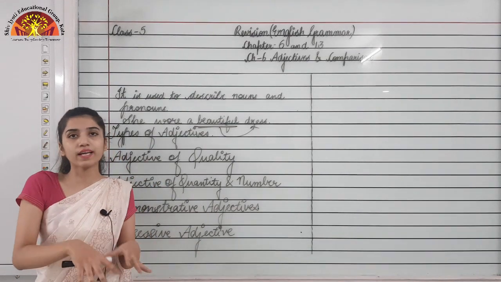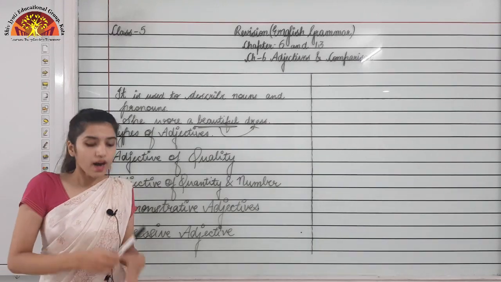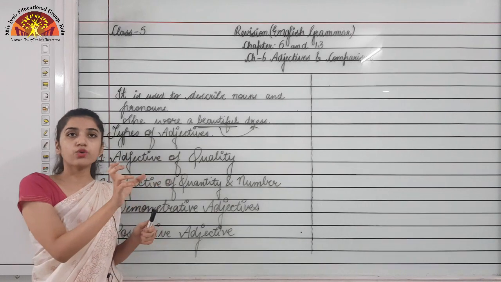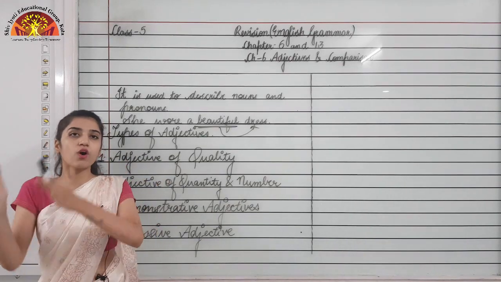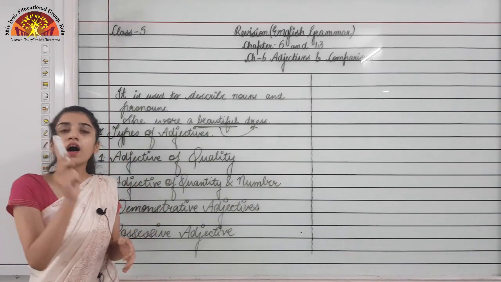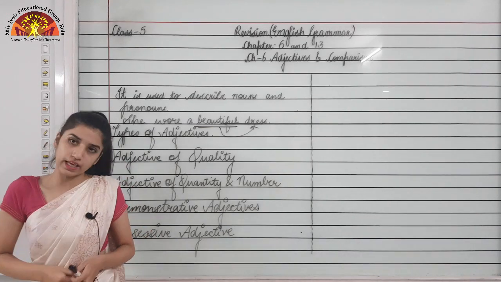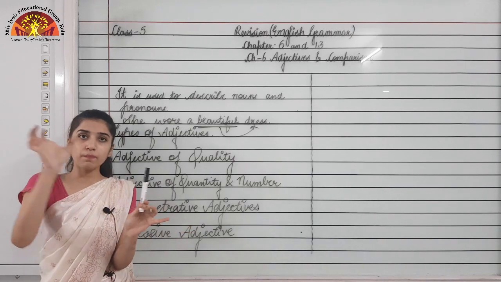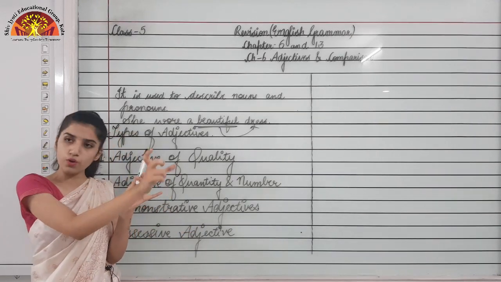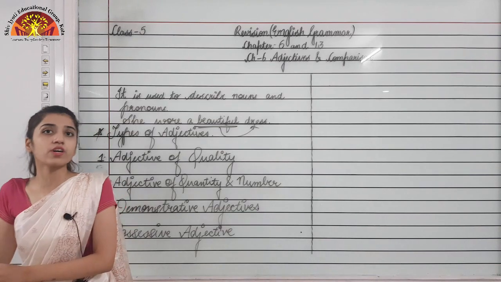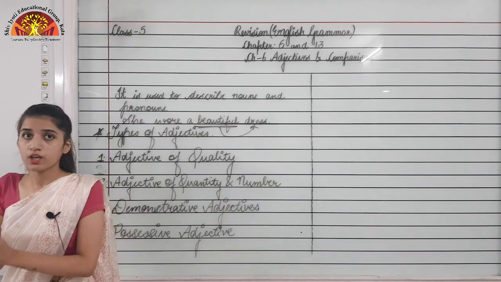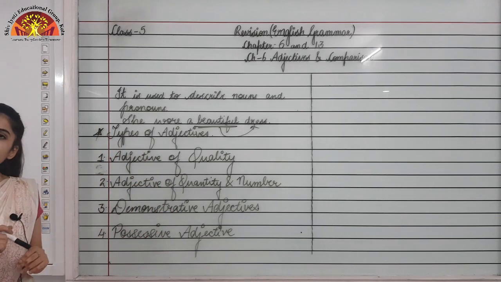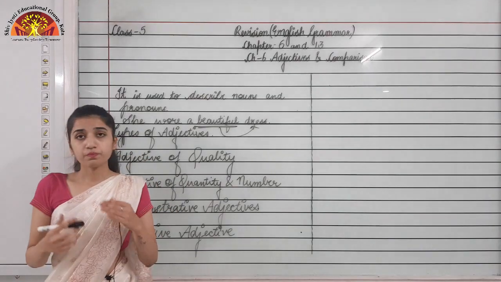Like in your book the example is written: her suitcase is not properly locked, because her shows that the suitcase belongs to her. If I say her marker is not working, the marker belongs to her, that is why I use her over there. Whose marker is not working? We have to question it like that. I got the answer as her. So her is a possessive adjective.